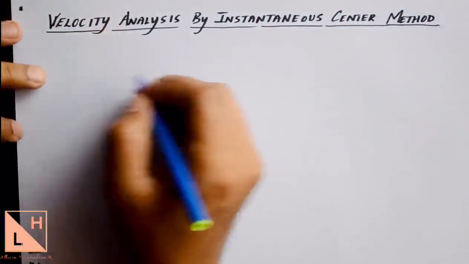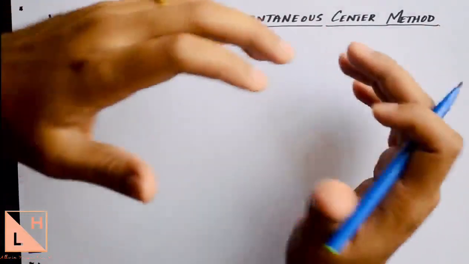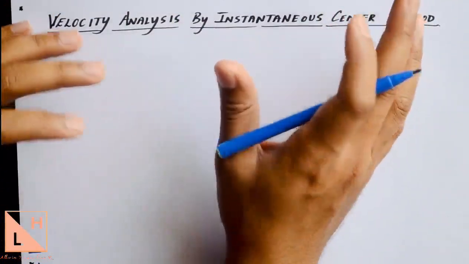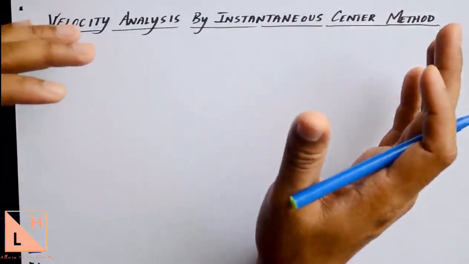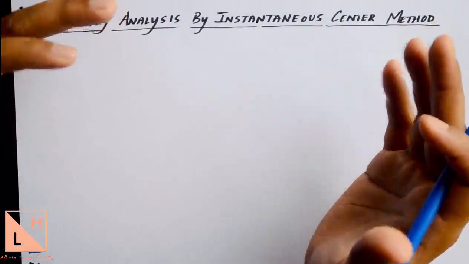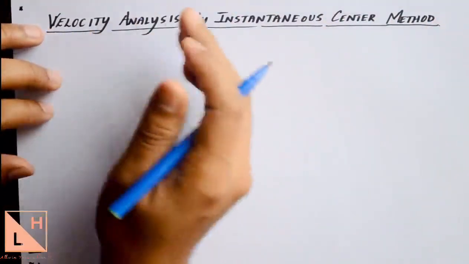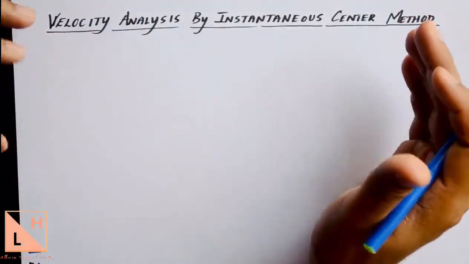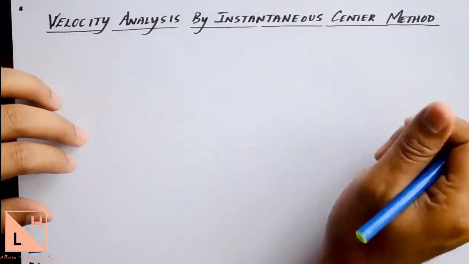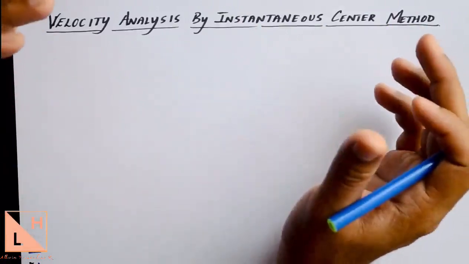So here we are. The most important thing in kinematics is that we do the velocity analysis for the links or the bodies that are in motion. We are not concerned about the force that is acting in order to create that motion, but we are more concerned about how this motion is occurring and what is the velocity and acceleration of the body. So we are more interested in this velocity analysis. One of the methods that is used in kinematics to find out the velocity of a moving body in a mechanism is called the instantaneous center method. Before we get into that, let us see an example.